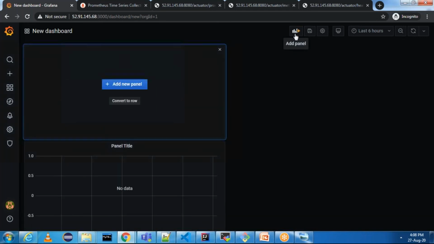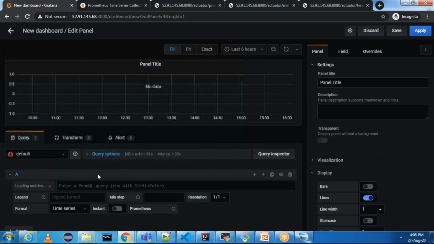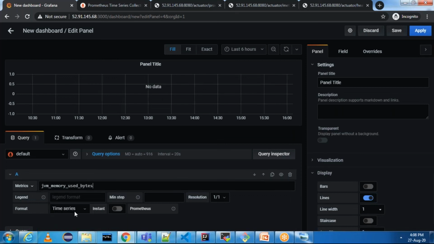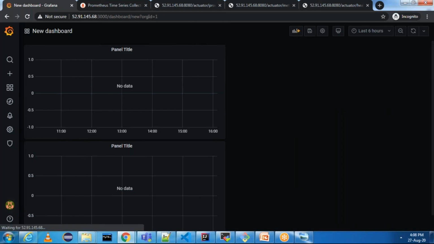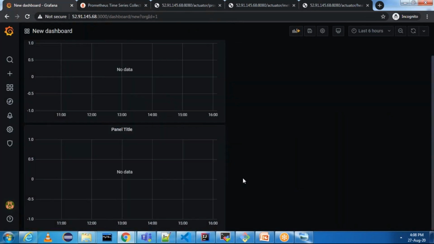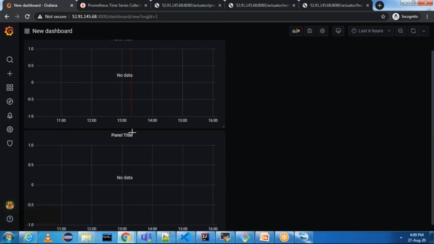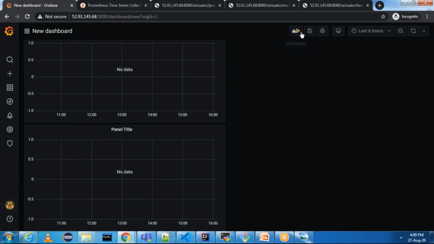If you want to add a panel, you can add one more panel. Let's say I want to see the JVM memory used, Java virtual machine memory used. You can say apply. Likewise, you can add multiple panels.